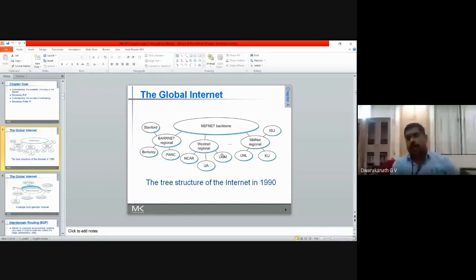Coming to the global internet, India is okay now. I will ask a question like this. I am getting the entire world's information, am I right? When I go with the internet, I can get a corner of the world's information. I can go to any websites of any countries. Then how can this be done?